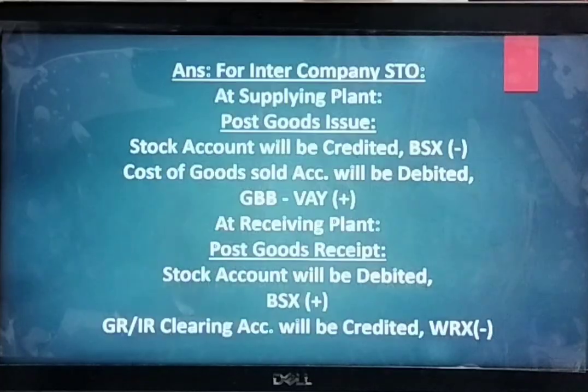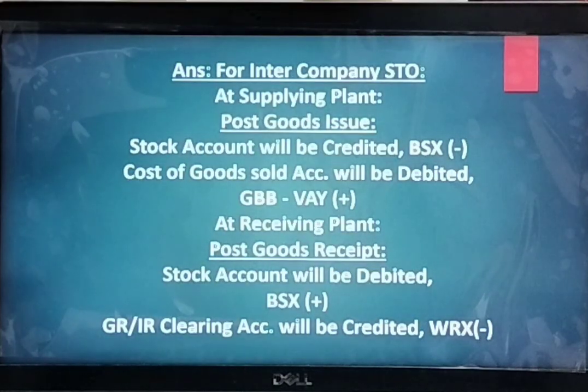The answer is, for the STO at the supplying plant, post the goods issue. Since you are issuing the goods, the BSX account will be credited. The cost of goods account, GBB, will be debited. BSX will be credited, and the account modifier will be VAY.